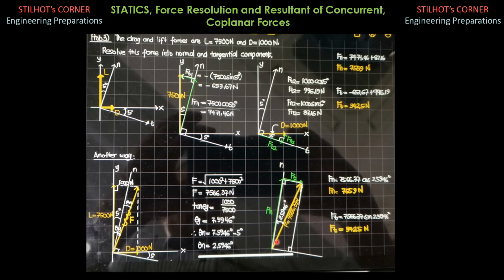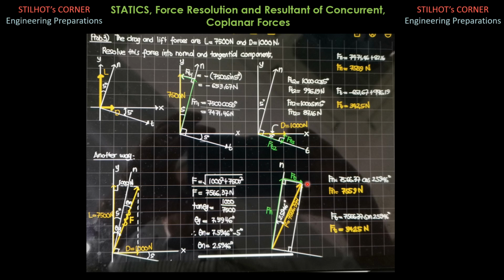I just round off the answer to a more accurate one, and let's anyway finalize the answer to 4 significant figures. We now have the resultant of 7566.37 newtons and the angle that this resultant makes with the normal axis, which is 2.5946 degrees. Then again, the tangential axis and the normal axis are perpendicular to each other. So that means this is also a rectangle, and this left portion of the rectangle is a right triangle. The angle is 2.5946 degrees.